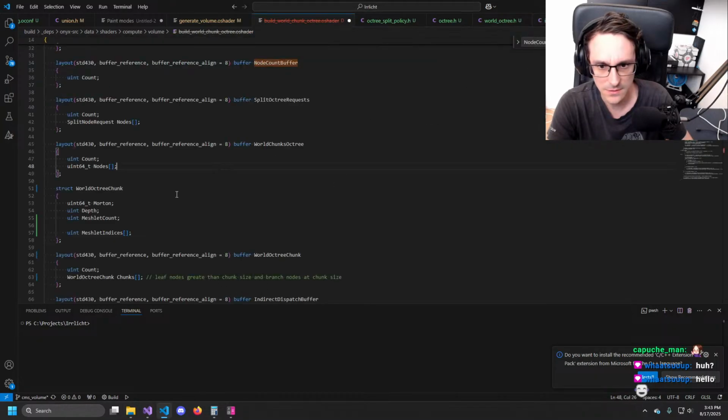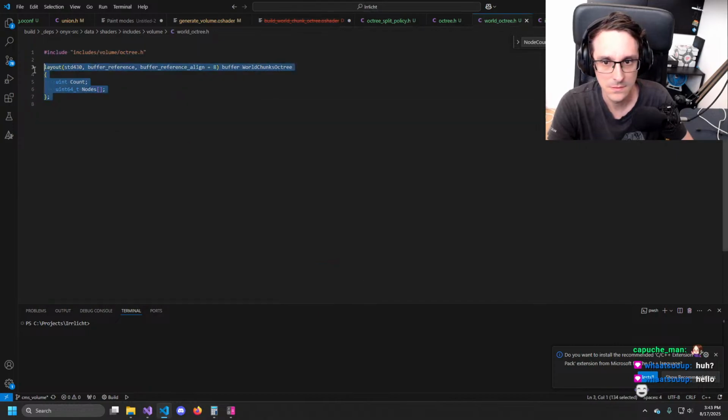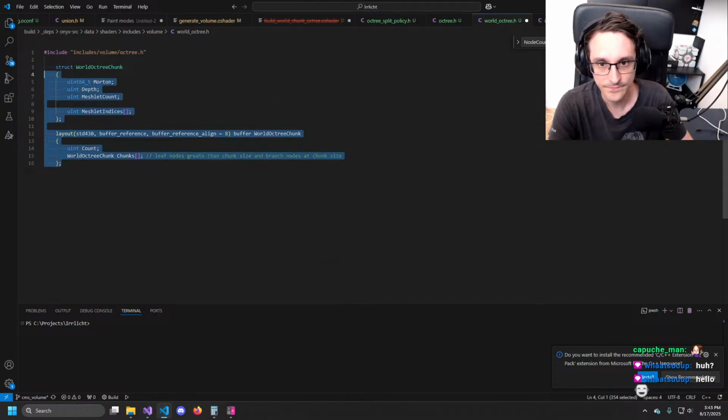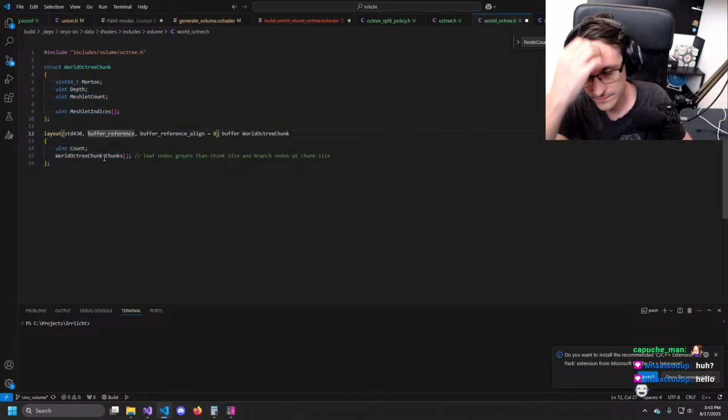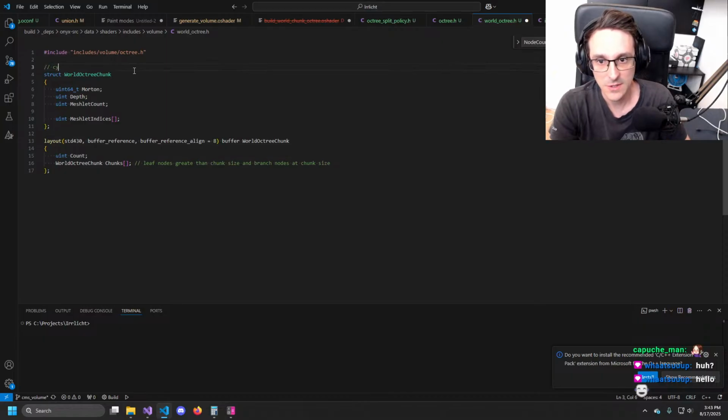And then let's close that, and that is basically this. So let's put here as well world octree chunks are